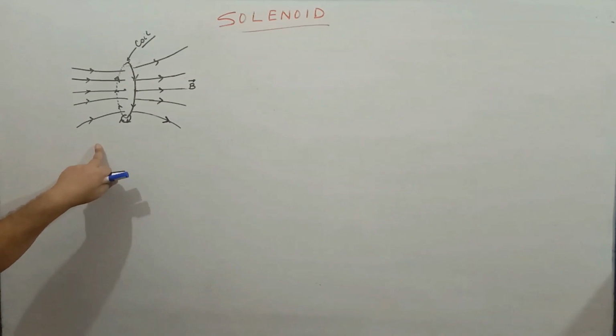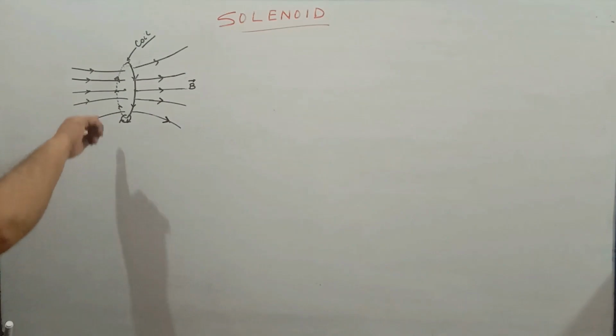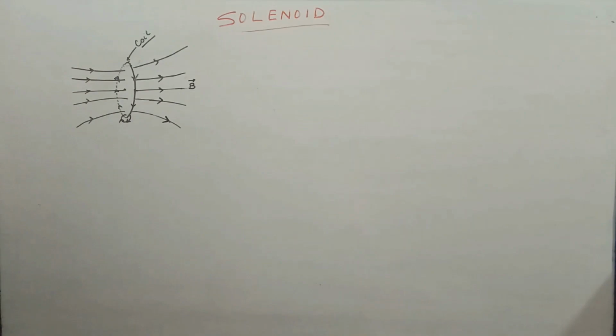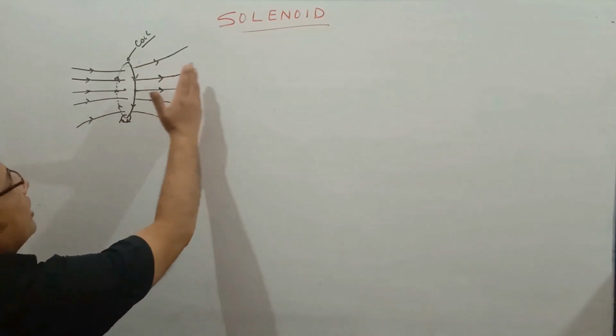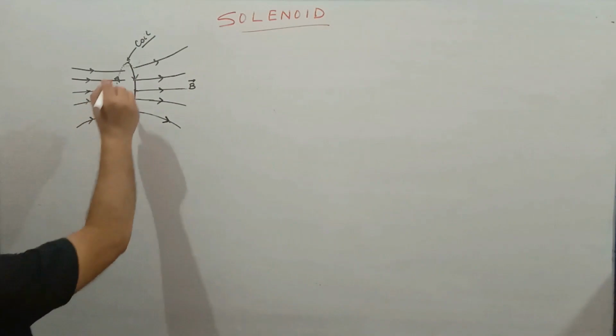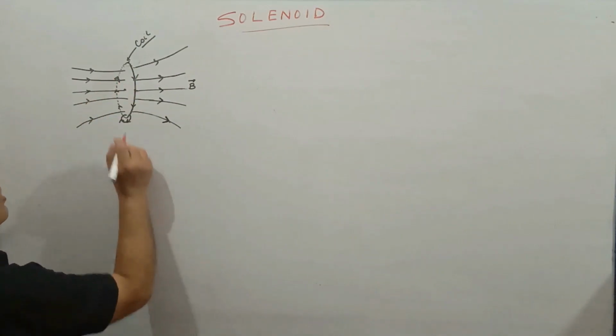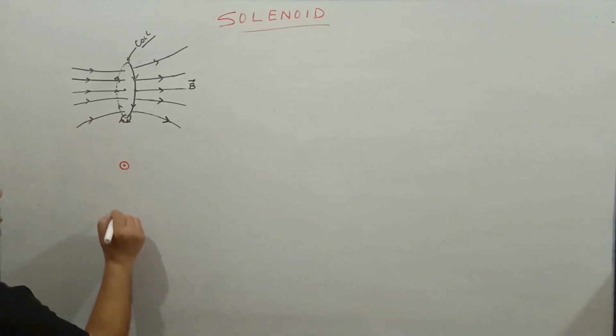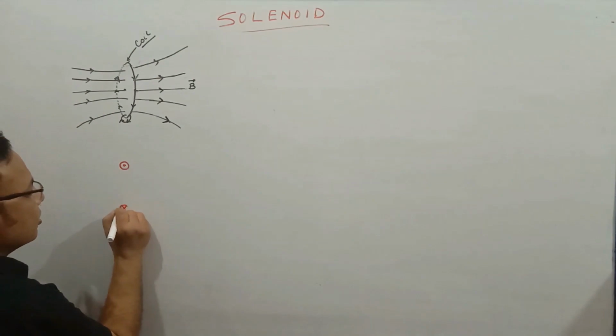Here we see the magnetic field due to a single turn coil. The current is being shown: the dotted line is inside the blackboard, the solid line is outside the blackboard. From this side, it seems to be clockwise, quite obviously the south pole, where the fields are going inside, and from this side the fields are coming out. This is due to a single turn coil. If you draw it here, suppose this particular wire is coming out of the blackboard, so it is somewhat like a dot, and this is going inside the blackboard, so it is somewhat like a cross going inside.